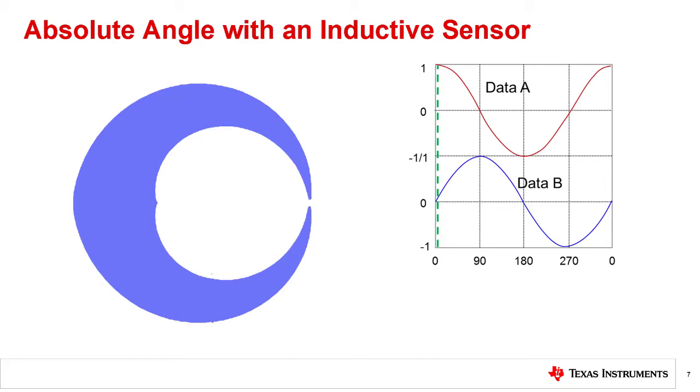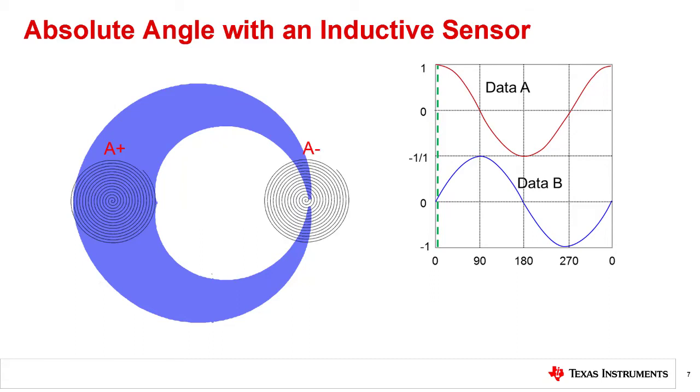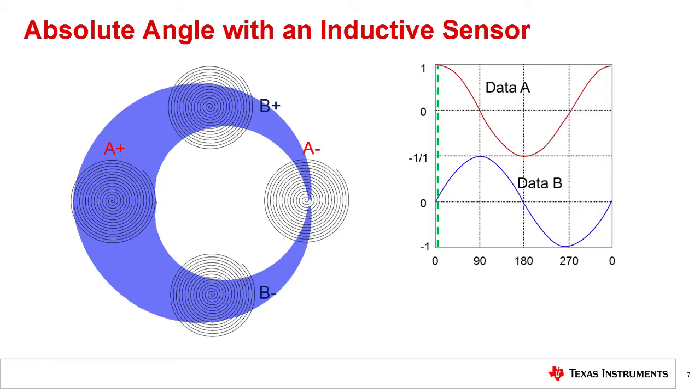From here, we can create a robust quadrature output by using two differential pairs of sensor coils. Observing the outputs within each pair differentially helps to normalize the sensor output for the best performance, and using a second pair 90 degrees out of phase allows us to calculate angle. If we place each coil 180 degrees separated from its mate and 90 degrees separated from the other differential pair, we can achieve our desired output behavior.